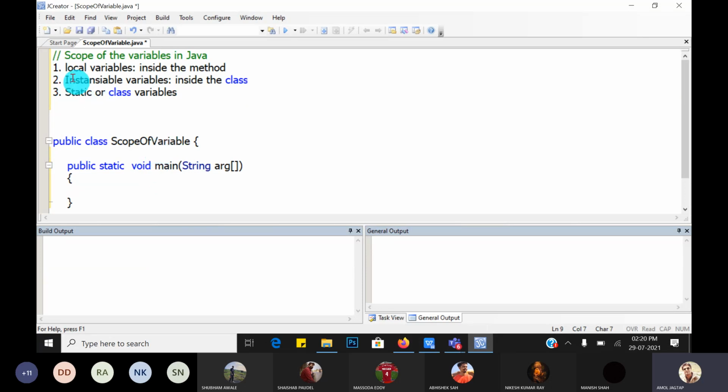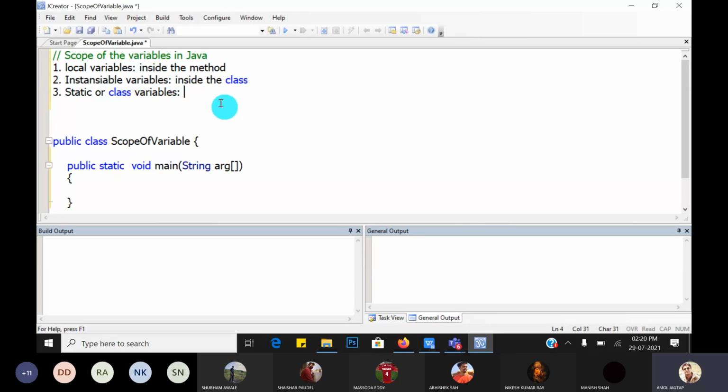These are called instantiable variables because we can access those variables, the data members of the class, using the class object. So they are declared and initialized inside the class.